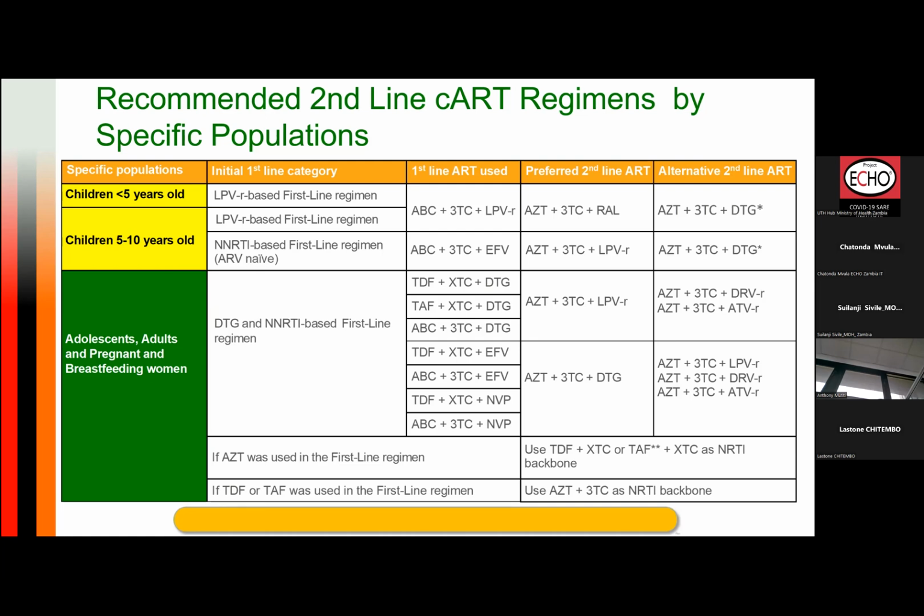Where it's available, we recommend it, and now we are recommending that all adolescents that are on PIs, let's say AZT/3TC/ATV/r and lopinavir, should be moved to darunavir, as the 2020